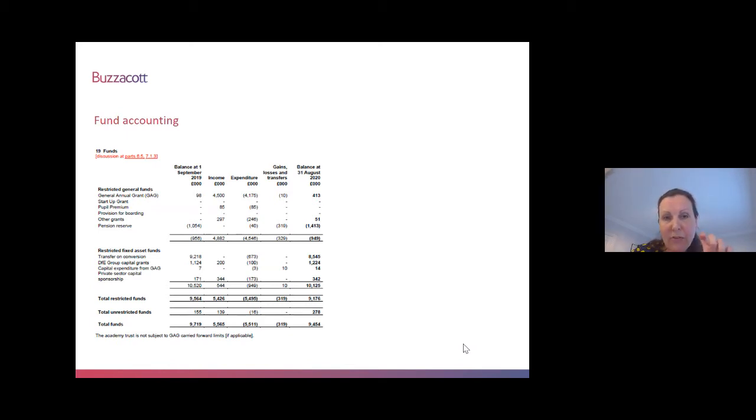So the pension reserve liability, the 1.413 million that's sitting here, will tie into the liability that agrees to the liability that sits on your balance sheet. The restricted fixed asset funds are your capital funds. So the total balance at 31st of August 2020 here is the